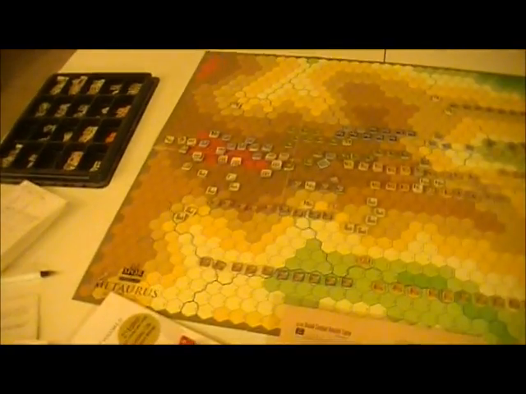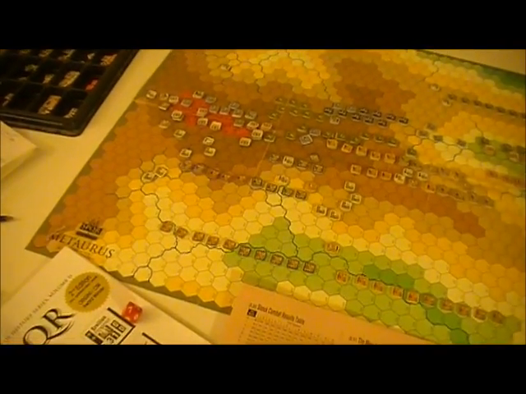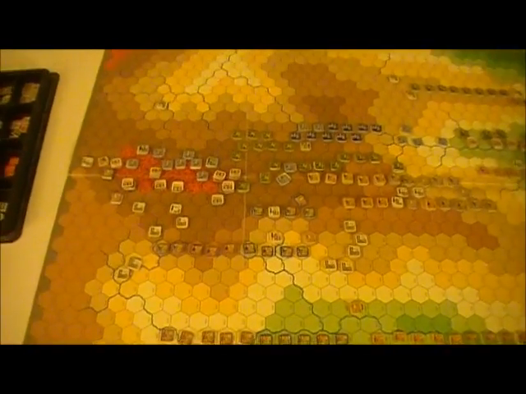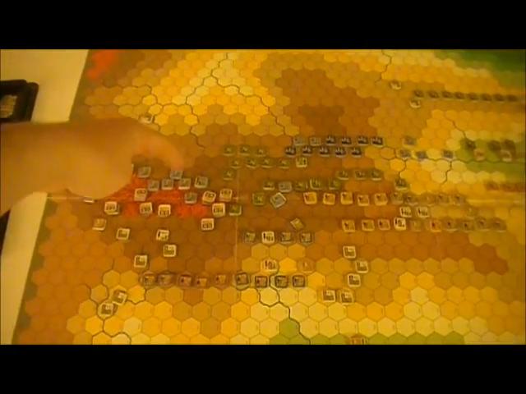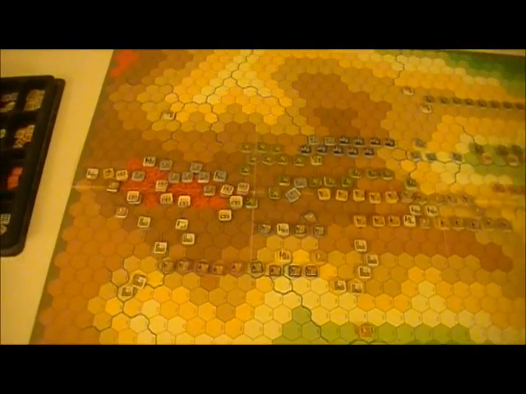But there's definitely a problem with a lot of routing units there, so I wanted to try to maybe help get some of that under control. He's pushing somewhat forward. It doesn't look terribly promising. I think the lights, or they're actually mediums, are going to be able to do a good job on the Romans here,